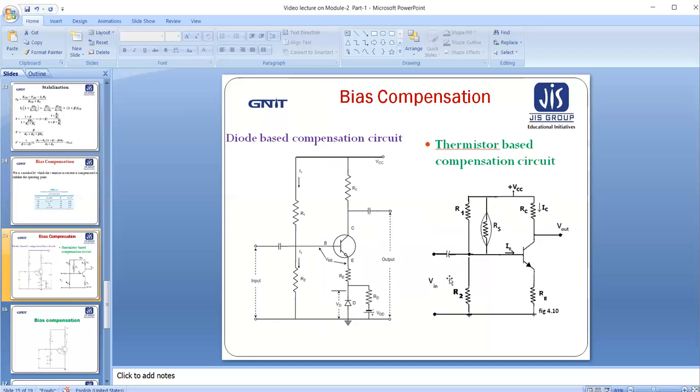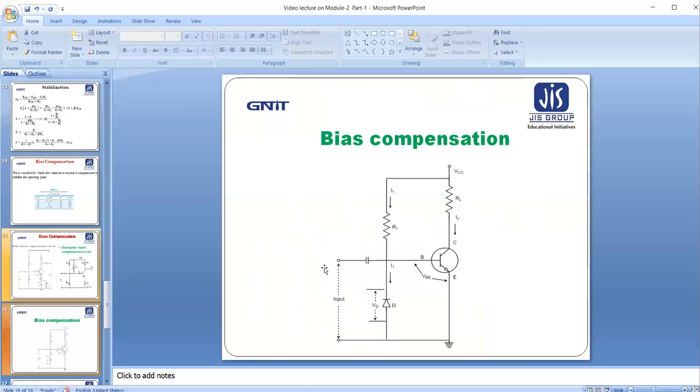Before going to analyze this circuit, let us first introduce this one. In this circuit, we have seen the diode is connected, but not to the emitter, rather to the base. What will happen? The diode is also reverse biased because the P side is connected to the positive polarity. So when the transistor is switched on and the temperature increases, the diode gets reverse biased, so it will